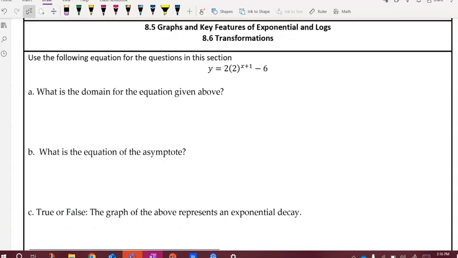Moving on to the next section, graphs and key features of exponential and logs and transformations. So use the following equation for the questions in this section. What is the domain for this equation above? So here they are giving us an equation and asking for the domain. So how can we do this? We can do this two ways. The first way